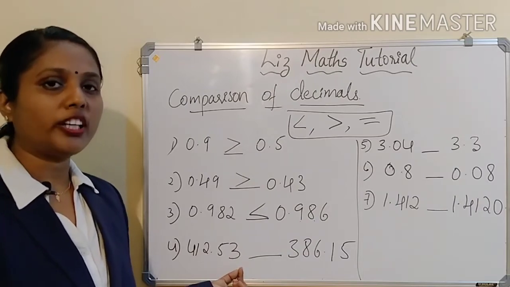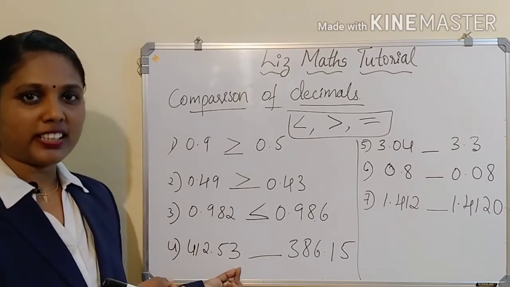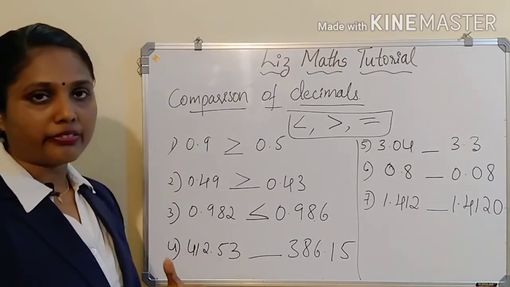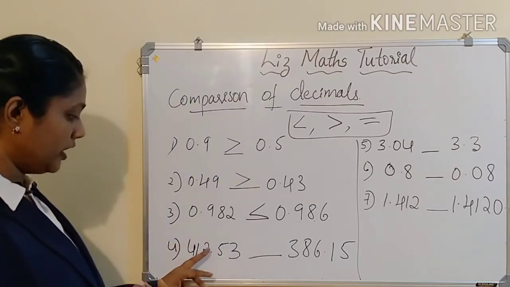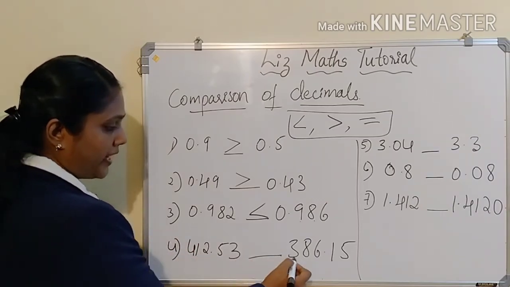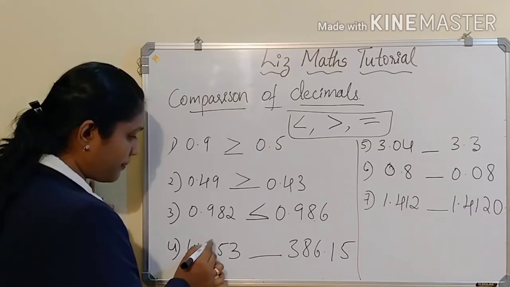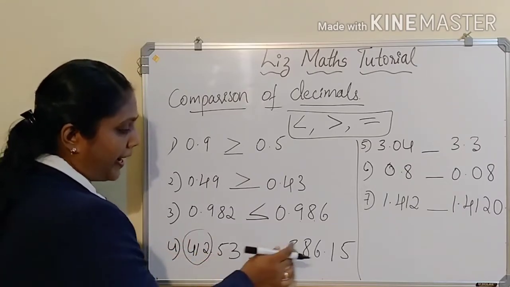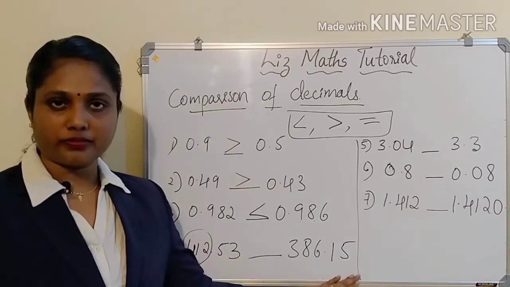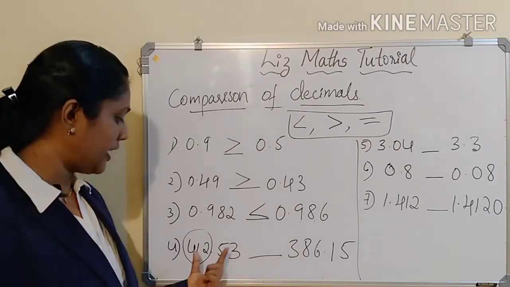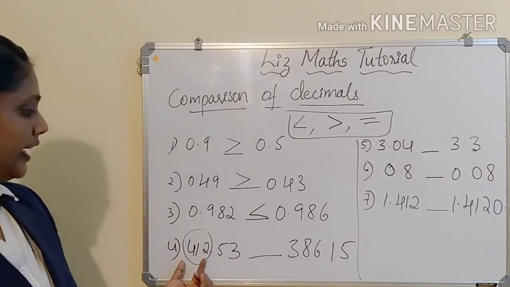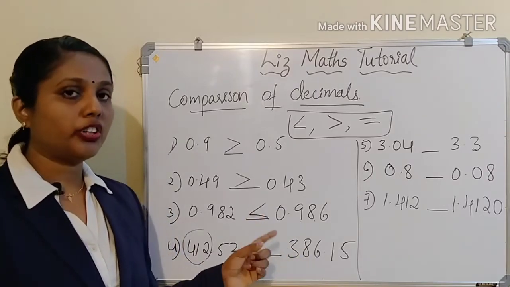So this after the point we call that as the chillare. Got it? The points, the 50 paise. Paise we call, no? That's why here we are writing after the point. So which one has more value? Which is before the decimal point. So hope you understood. Now here 412, here 386. So which is greater? This one is greater. So if you compare, go for only comparing the decimal points. If you see 5 3 here and 1 5, don't go for comparing that. First you have to check the integral part. Then you can check. But if the integral parts are same, then you have to go for checking the fractional part.